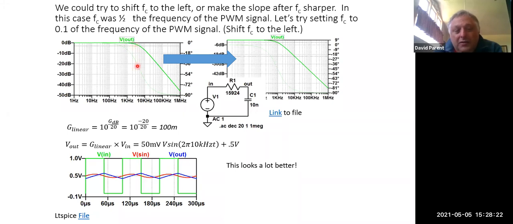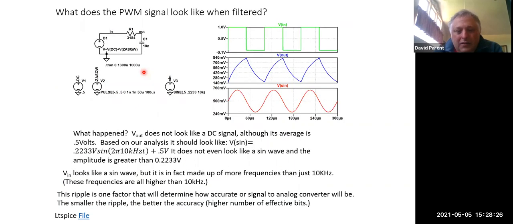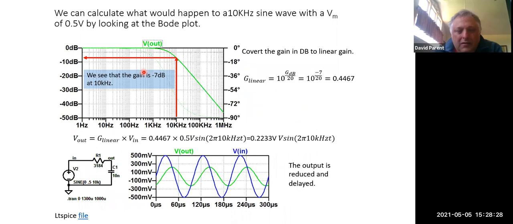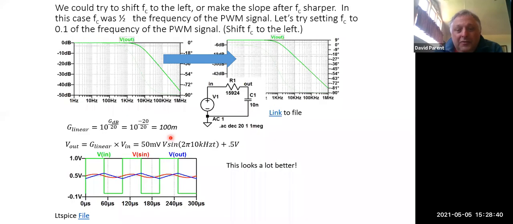Well, if I'm trying to filter 10 kilohertz, move this whole filter to the right, and then it'll filter more of it. Or we can make this line sharper with a higher order filter. And the one we use in lab is the Butterworth filter. So by changing the filter right now,